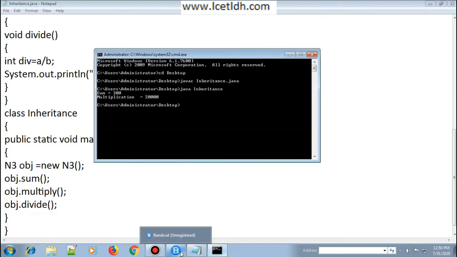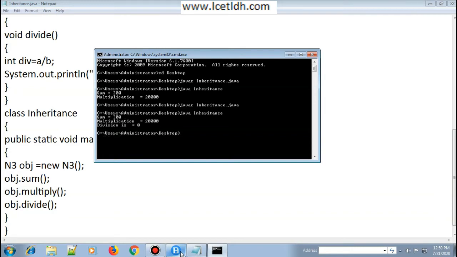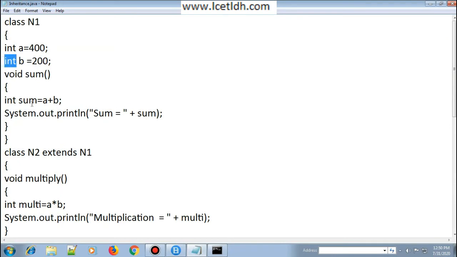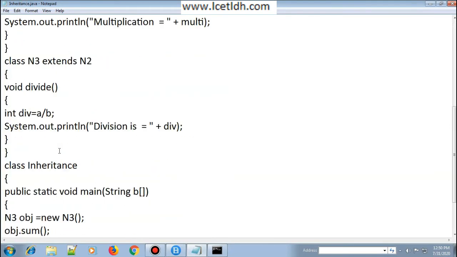Now I'm going to compile it. Simply type javac space inheritance.java. Yes, this is working fine. Now I'm going to interpret it. You can see my program is working fine. There is some issue because we haven't used the division as a decimal number. If you divide 100 by 200 it will give the value in some sort of decimal number. As we haven't chosen decimal as the type, we have chosen integer as the type, that is why it is showing me the error.